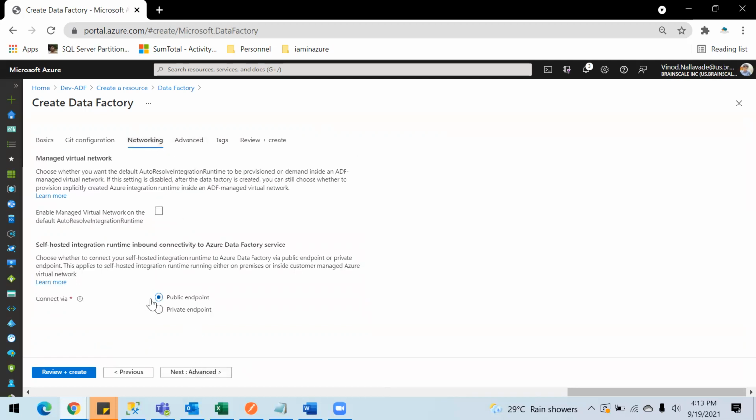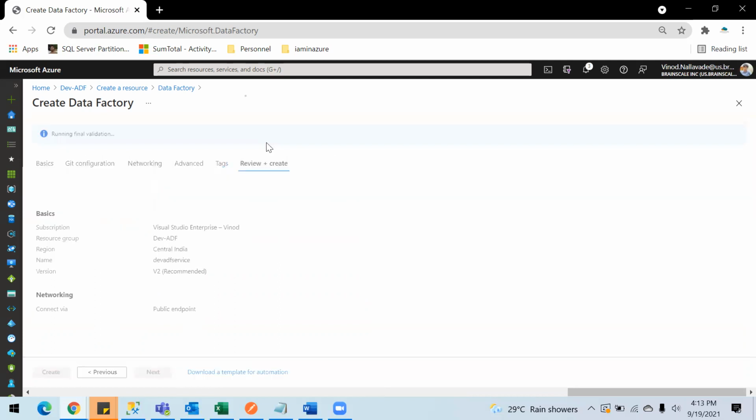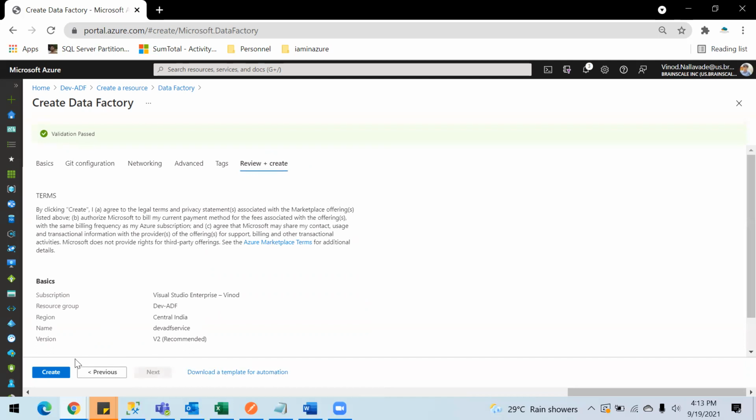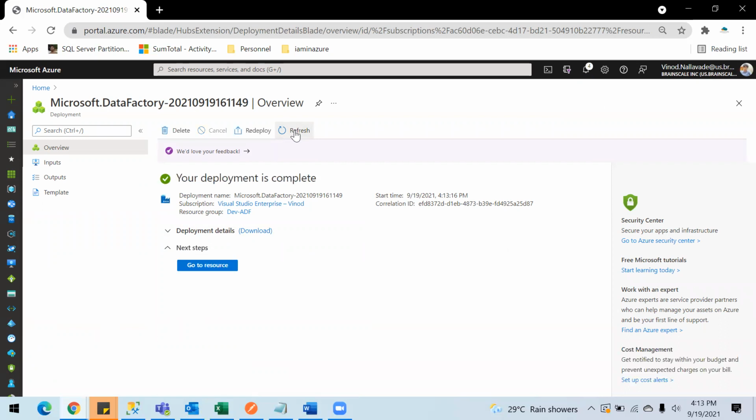Networking can be private endpoint or public endpoint. For now, we're going to connect through a public endpoint, keeping the rest of the things at the default values. I'm going to create the service. So let's just create. This will take a minute or two to create the data factory service. Inside this data factory service, we're going to run our ETL.